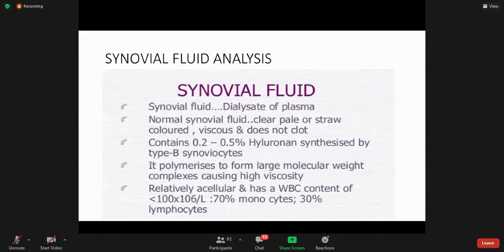It polymerizes to form large molecular weight complexes causing high viscosity. I have already told you that it appears to be like an egg white, which is highly viscous and relatively acellular, meaning it has very few cells, with a white blood cell count of less than 100 per 10 to the power 6. Okay, and this is the normal synovial fluid composition,